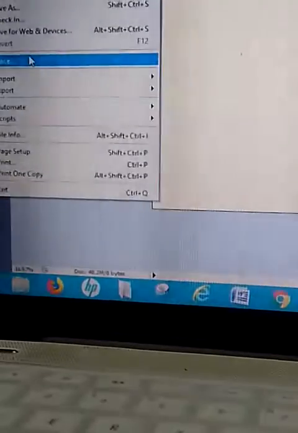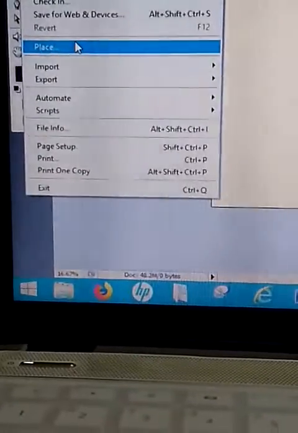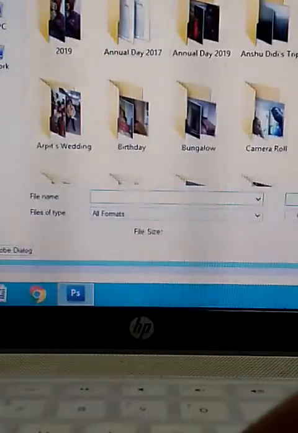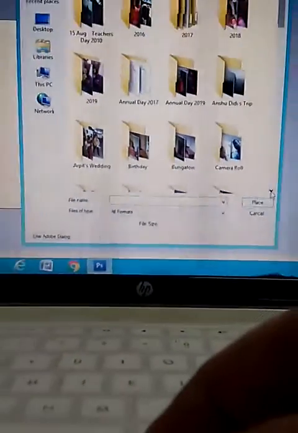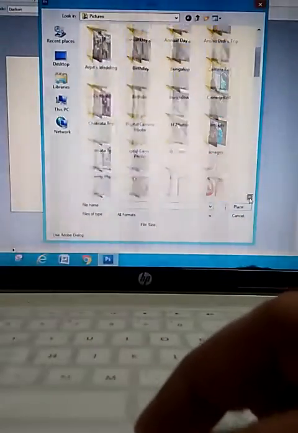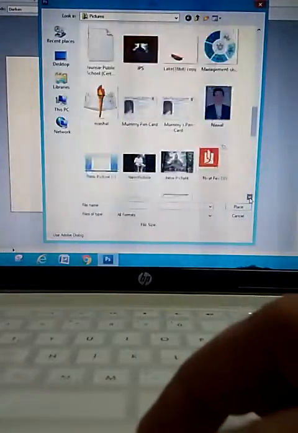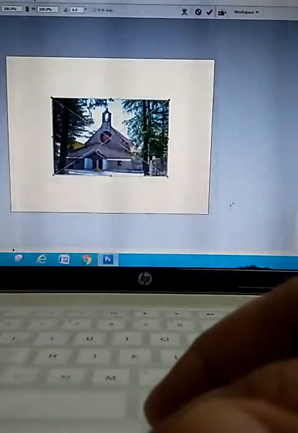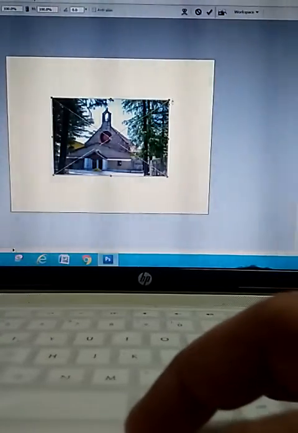I'm zooming in on this option to show you. After selecting Place, you will see a dialog box of different files. The picture files will appear, and from there you have to select the file that you want to insert. I'm selecting my school file, and the school is inserted here.